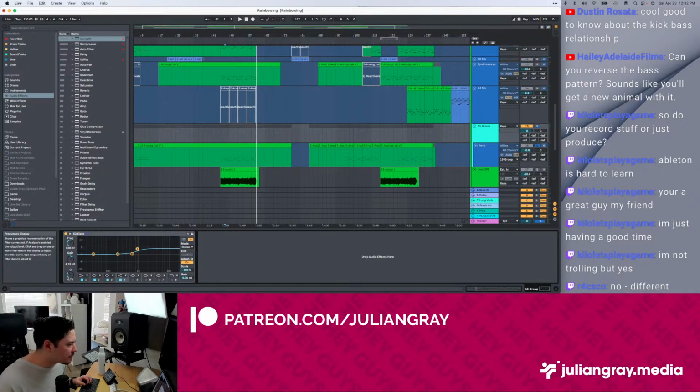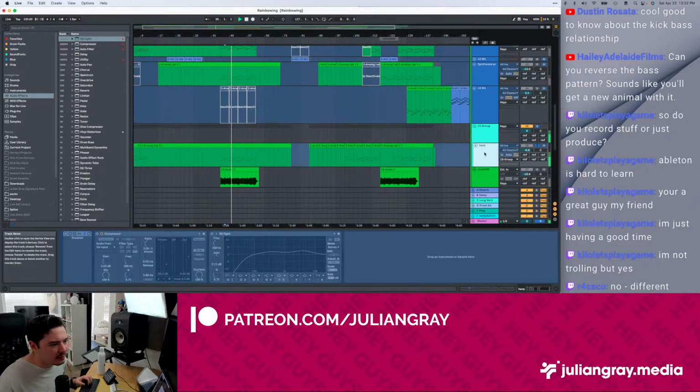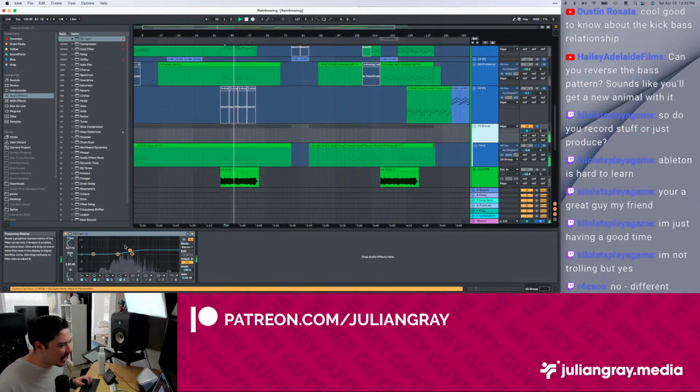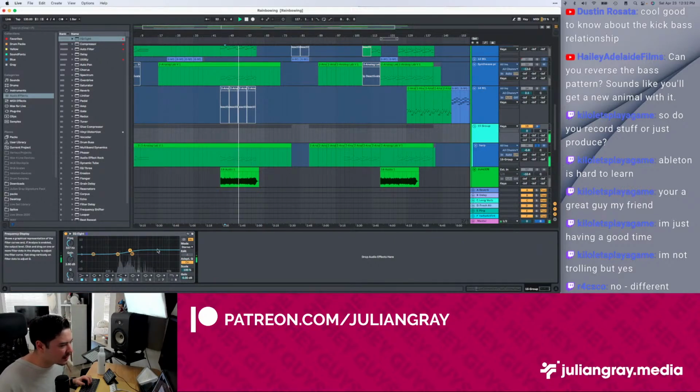I'm trying to adjust it so that the high end at least is right there with it. This is inadvertently adding a few decibels of gain because we're boosting by 4 decibels up there, but not the end of the world. I think it sounds fine, and turning it up helps again.